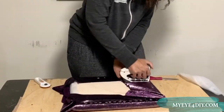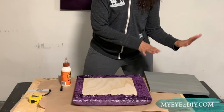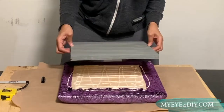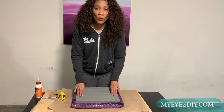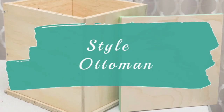To finish off my upholstered top, I am going to add a wood block in the center of my cushion by applying some wood glue. I'm just going to apply a generous amount. I already measured exactly where I want it. I'm going to make sure everything lines up. Press it down. All right, now we're going to wait for this to dry and then we're going to add it to our ottoman. Ta-da! And now we're going to do the last